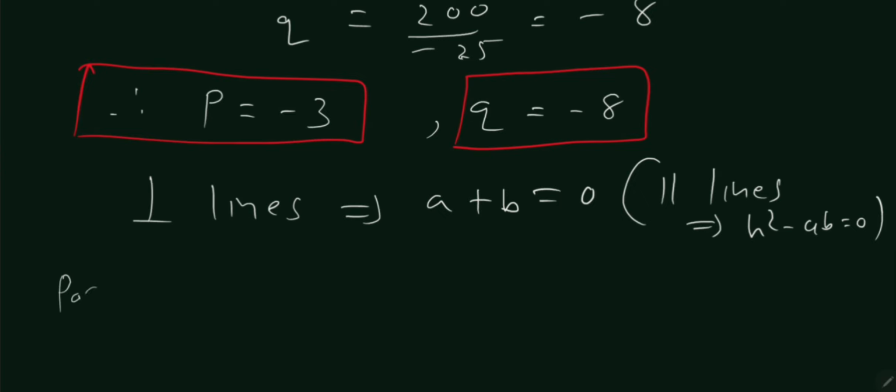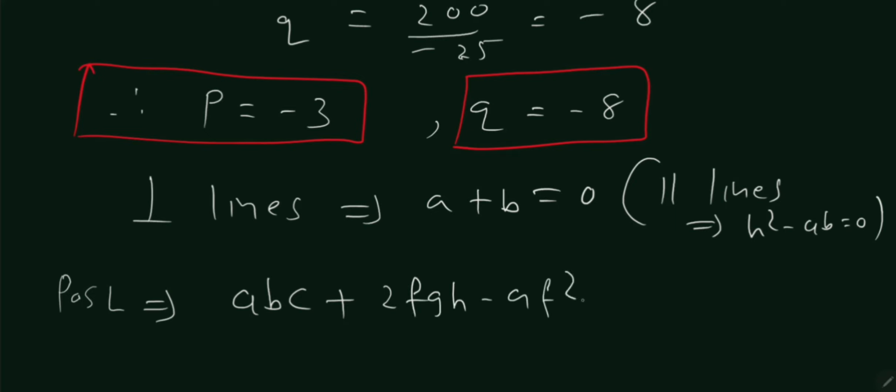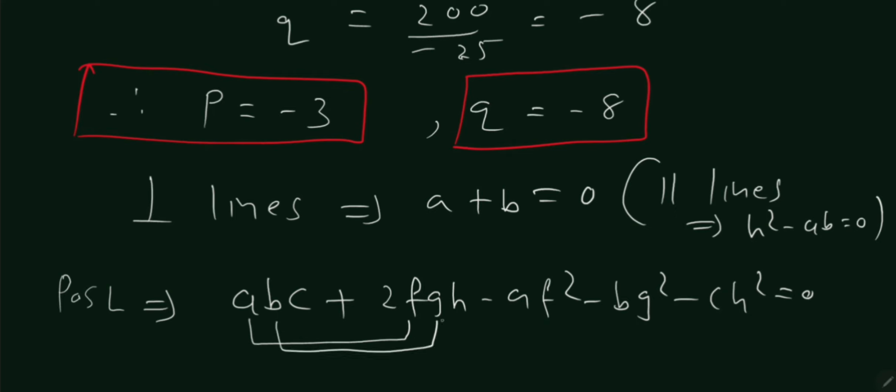If given equation is pair of straight line not passing through origin, then it always follows ABC plus 2FGH minus AF square minus BG square minus CH square equal to 0. Observe A is paired with F, first, second, third, how it is paired. Observe this sign is plus and the remaining signs are minus, and this is